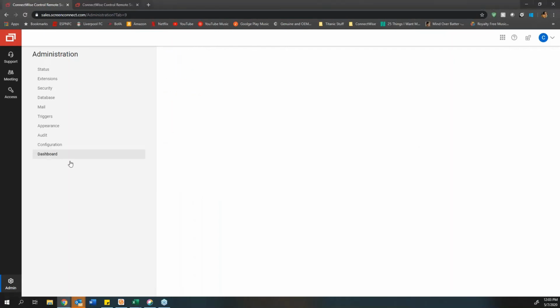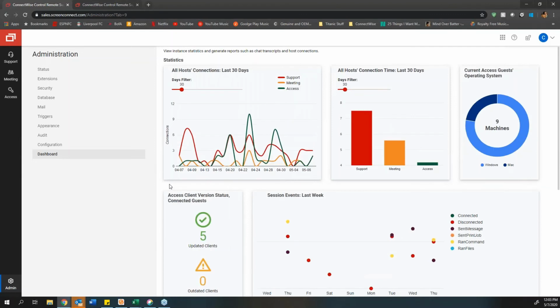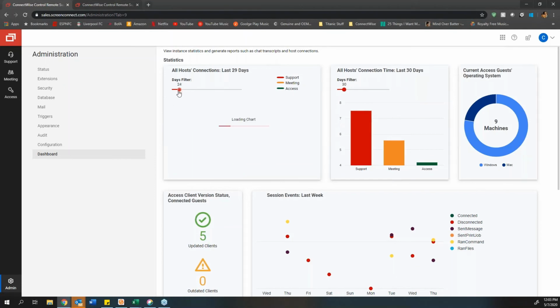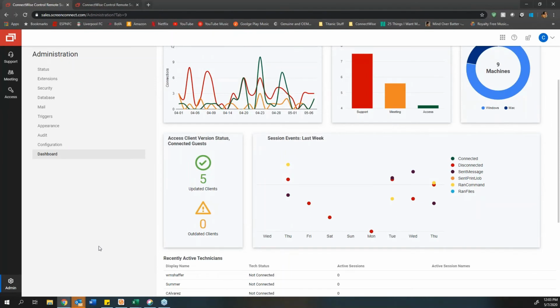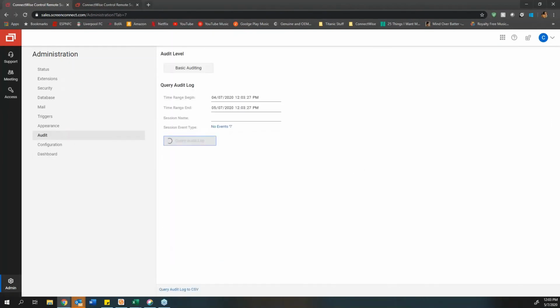And this is the dashboard. This is done through the reporting dashboard, which is a premium extension, but that's also available for the Access license. This allows you to filter out different things based on what you're looking for. This can all be exported to a CSV as well. Let me backtrack a minute because I didn't show you how to do that. So when you go to query the report,